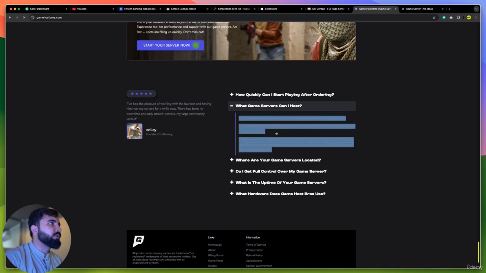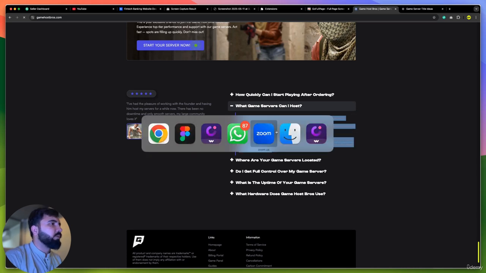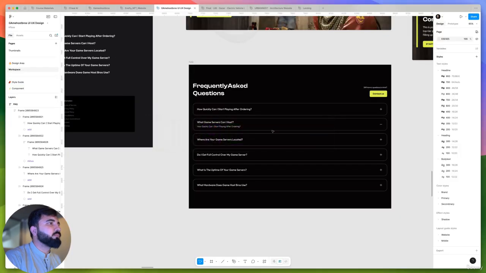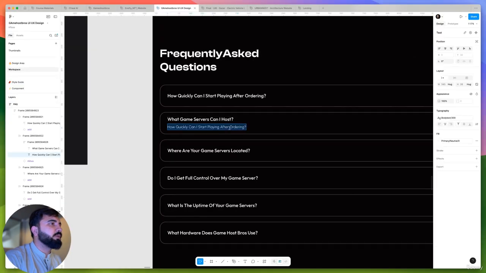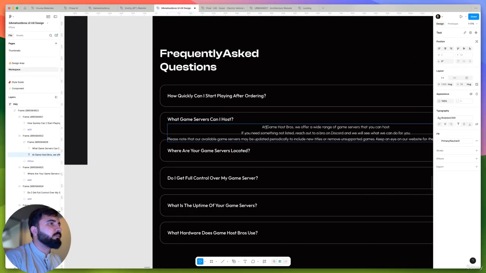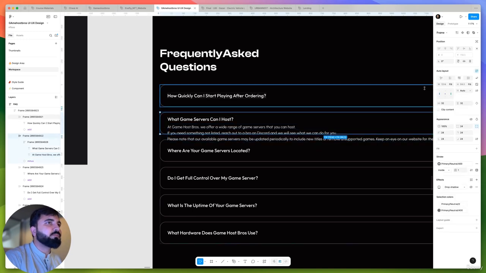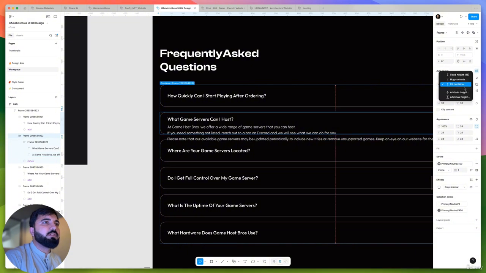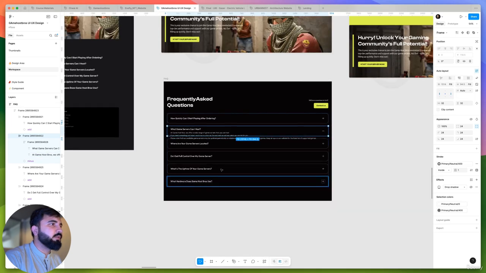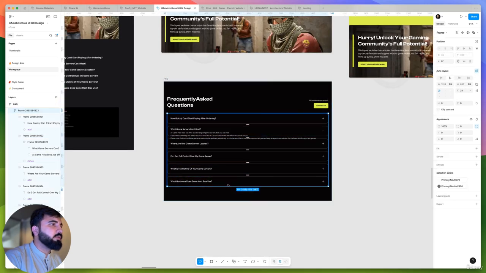Okay, so I just copy the text from here, go back to Figma, all right, and paste it over here. Make sure this is middle aligned, all right, and this should be fill container, it should be fill container. And let me just increase this,